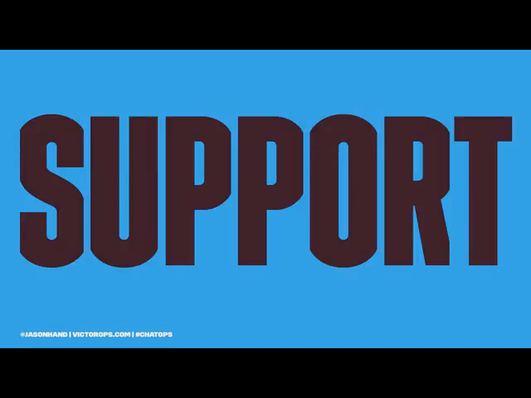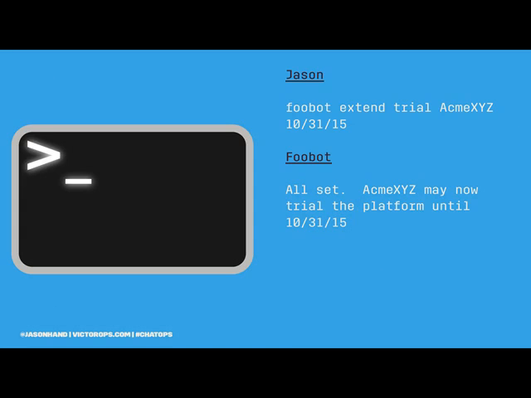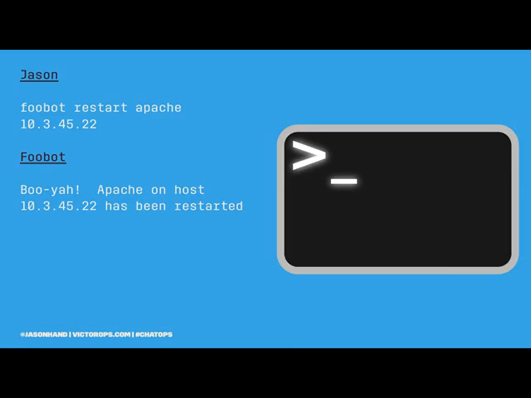Support, this is one of the first places that we actually started implementing ChatOps efforts. Now, instead of our support team going in through the command line and extending trials for our users, we can do that through group chat by leveraging our bot. Our bot will go out and do that for us and then come back and let us know that it took place. Also, we can restart services. Just like I would from a command line, I can do that from within group chat now, and I accomplish the same thing, but I also teach my team how it was done and what the results were.